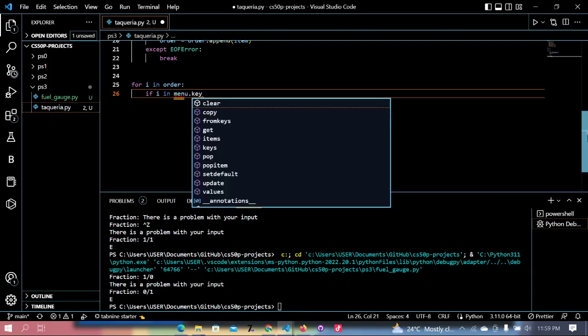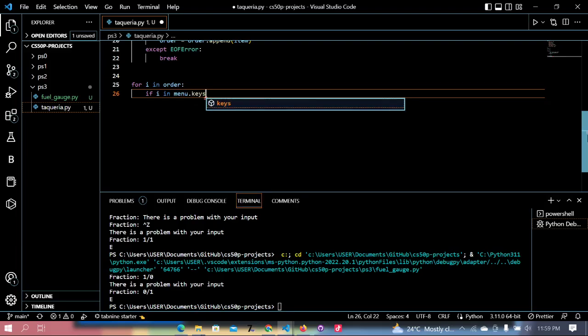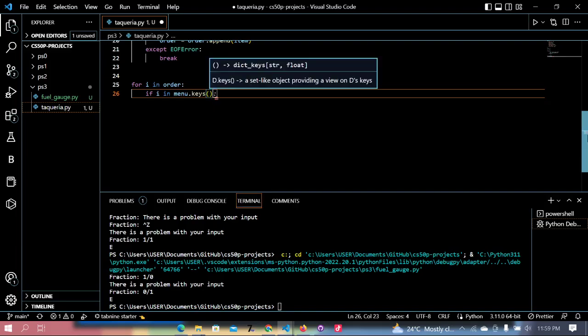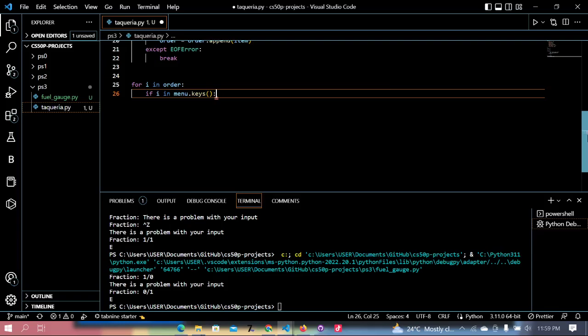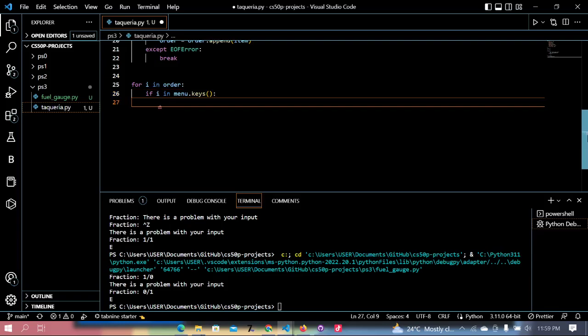So this is kind of like a collection of all the keys that are currently present in menu. So if I is present, hmm,